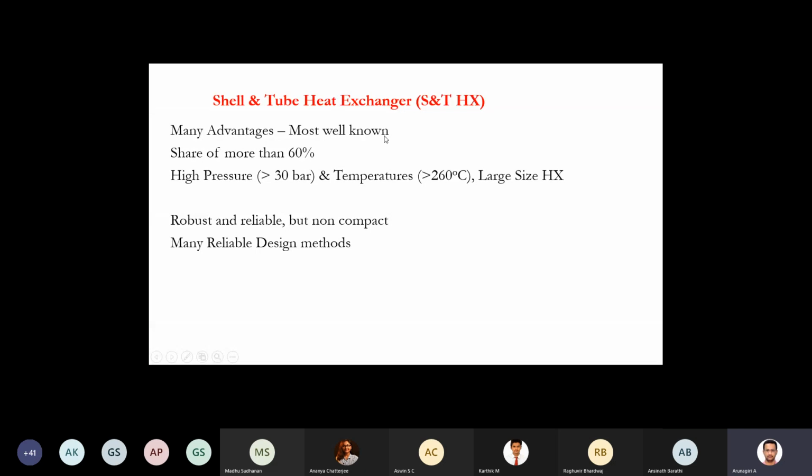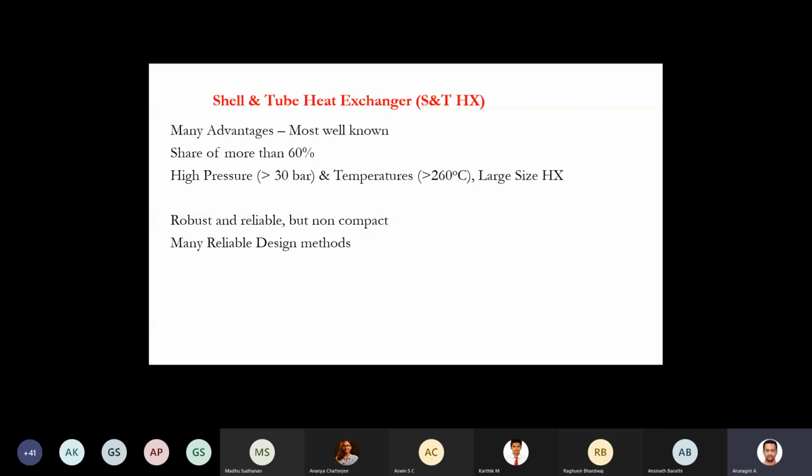So shell and tube heat exchangers are normally expressed as S and T heat exchangers. Heat exchangers are normally represented by HX. It has many advantages, most of them well known, because in process industries it occupies more than 60%. This is because of its simplicity, and it is very reliable and robust in nature. Even though it is very non-compact compared to plate heat exchangers or other compact type heat exchangers, most of the time people prefer these for continuous operation, and also